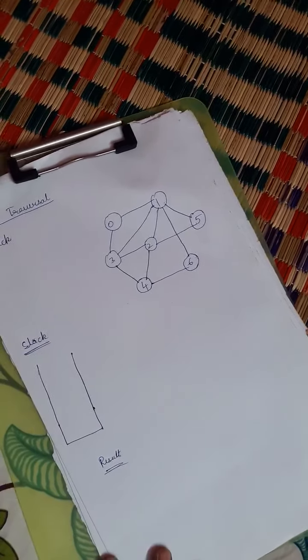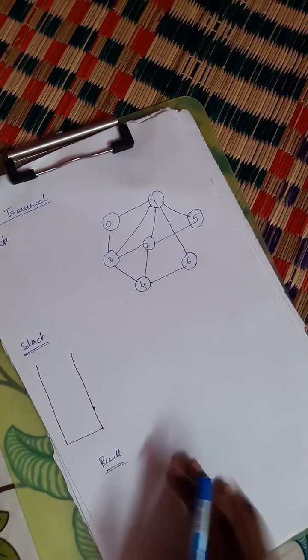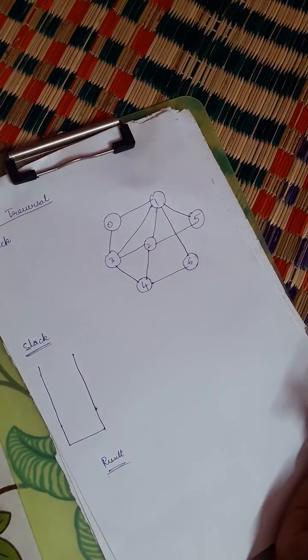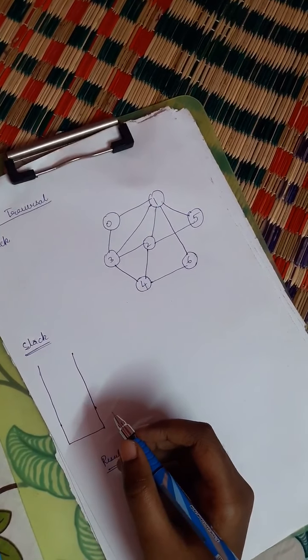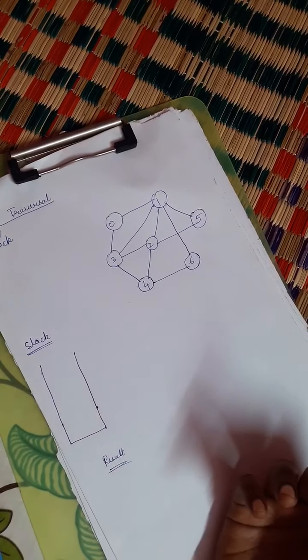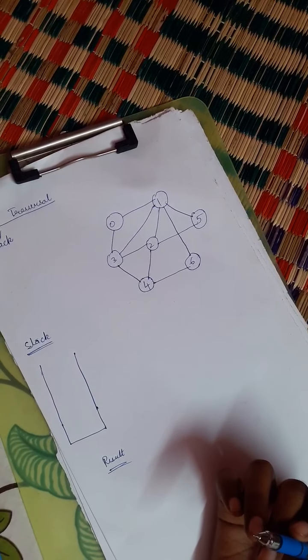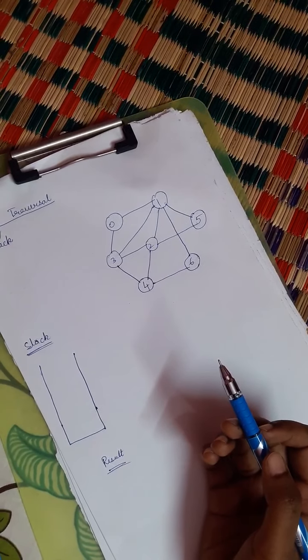So next is depth first search. Already I explained what that is, so straight away we can go to the problem. This is the graph I am taking. I am going to insert the values based on the given diagram. If they did not give any particular value to start, you can take whatever value you like. So I am taking the value 0.